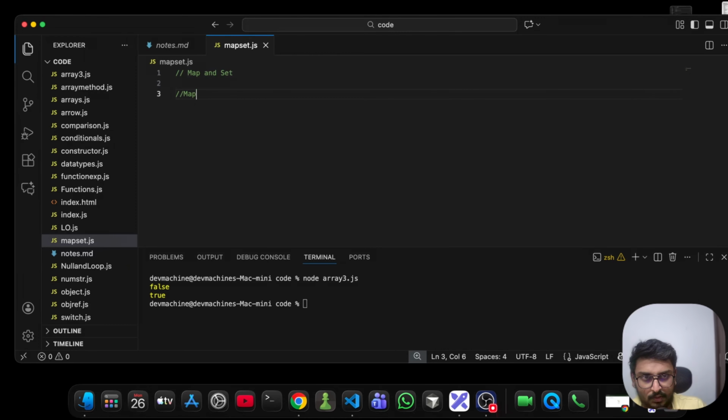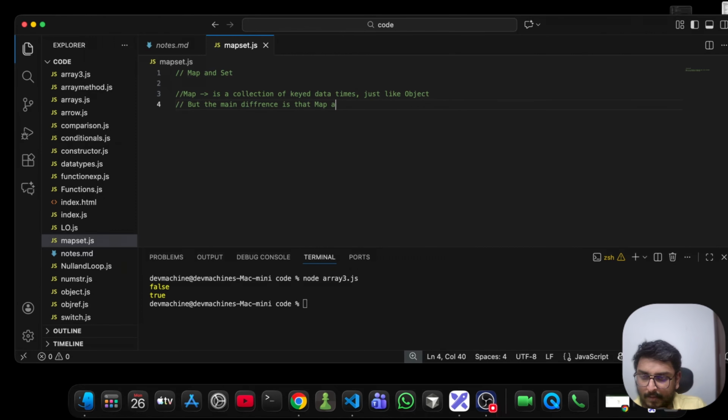Let's focus on map first. Map is a collection of keyed data items, just like an object. But the main difference